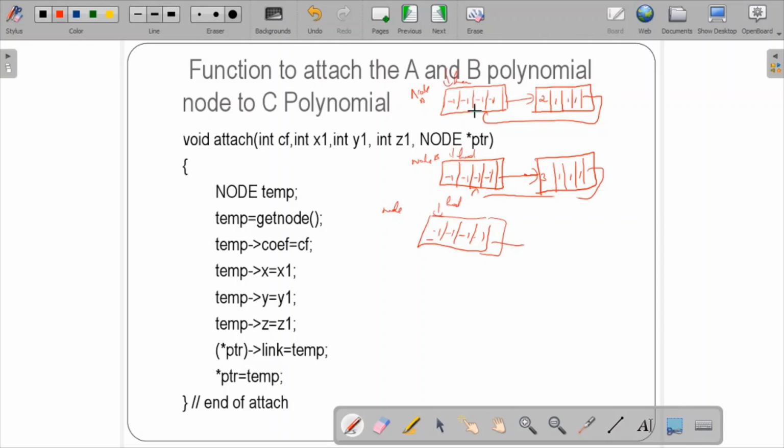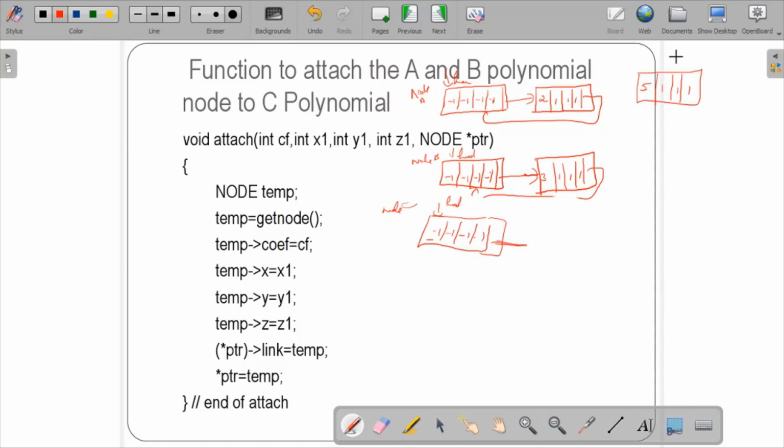After that, what we are going to do is compare these 2 polynomials. When we compare these 2 polynomials, you'll see the exponents of both the polynomials are the same. So we'll perform the addition of those 2 polynomials. What will be the addition when the exponent is the same? It will be 2 plus 3, 5. The coefficients will be summed up, while the exponents remain the same. So this is a new node, a sum node, that needs to be attached to node C over here.